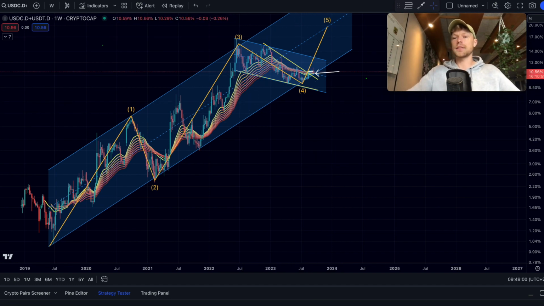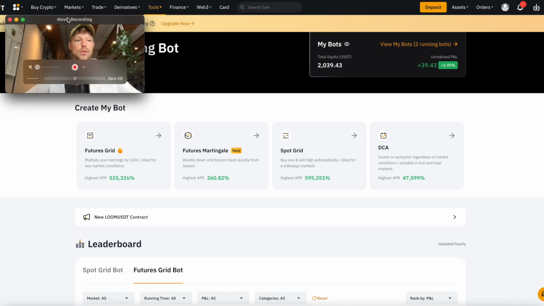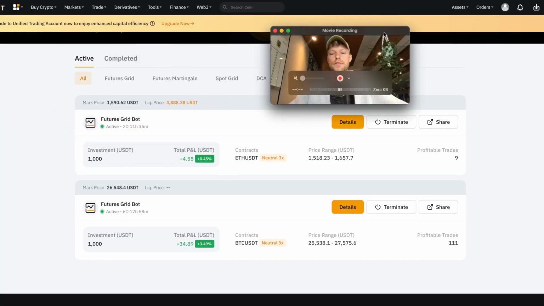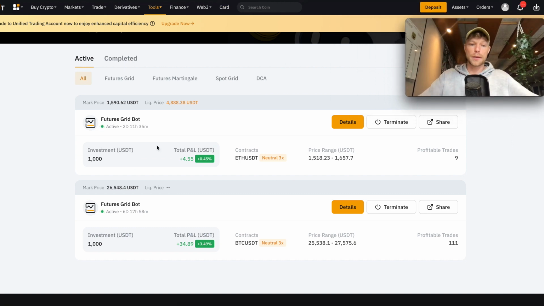Onto that. Then guys, I'm going to show you quickly my trading bots over on Bybit, as I am going to make a video later this month when I have them on for 1 month. I've opened a new trading bot over on Ethereum, just to try it out as well, because the Bitcoin trading bot was doing so good. Right now it's just completely passive, trading for 6 days, 17 hours, roughly 18 hours. I had an initial investment of $1,000, and right now it made a 3.5% profit with a 3x leverage,